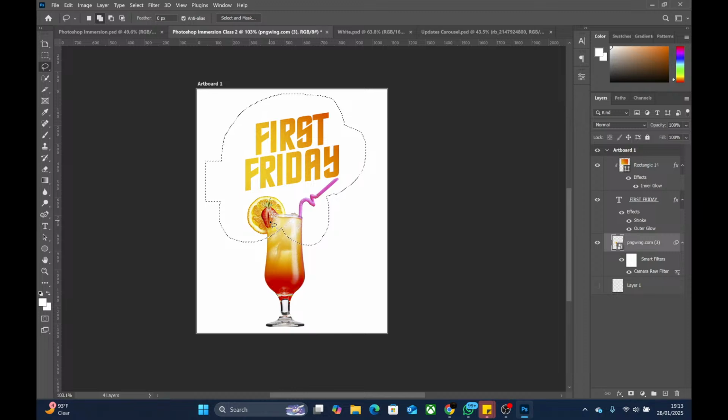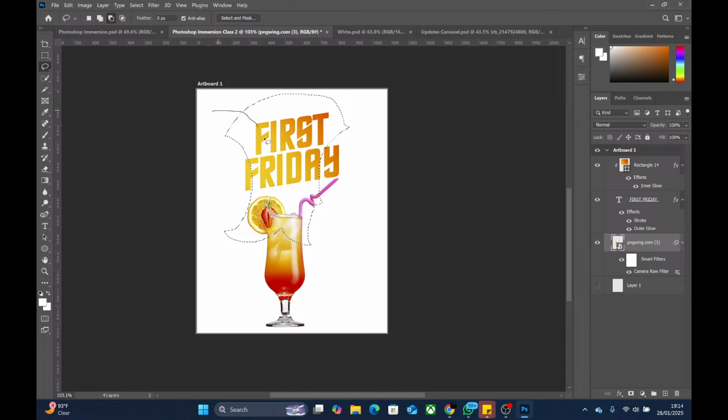Okay, another thing is the next one. This one will subtract from the selection. There are many times that you need to use these two, the add and the subtract. Okay, the subtract from the selection. If I click on it and I draw in this thing, it will reduce the coverage of that selection. Watch me, I'm drawing around it. I release my mouse, it goes back inside. I draw like this, I release my mouse, it goes back inside. I draw like this, I release my mouse, it goes back inside.